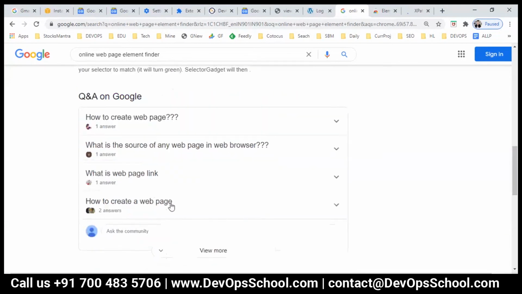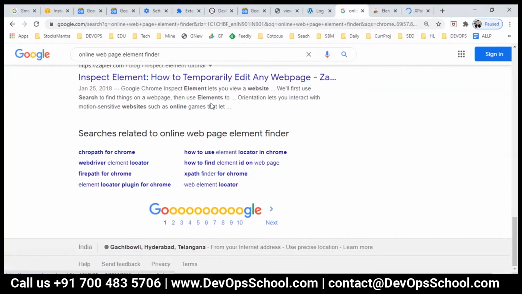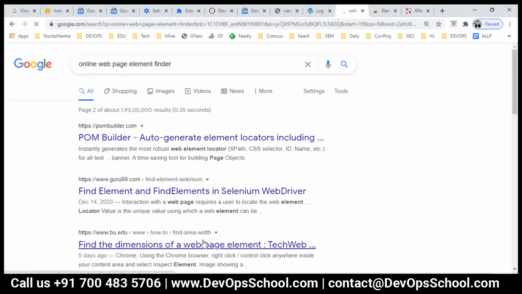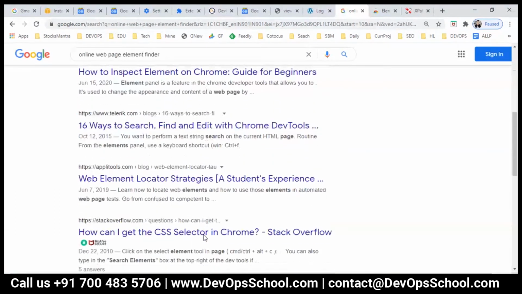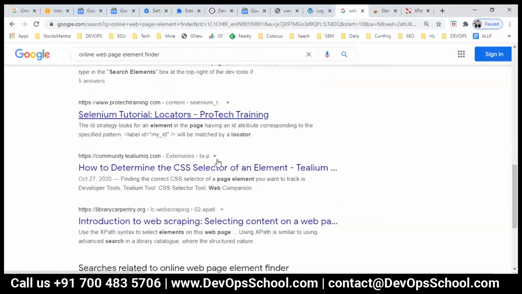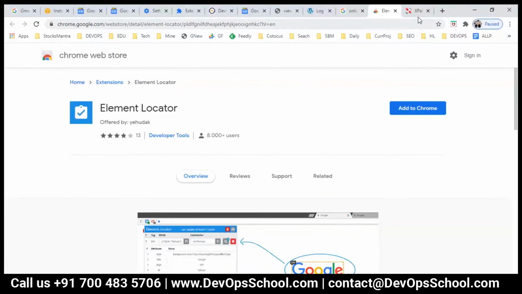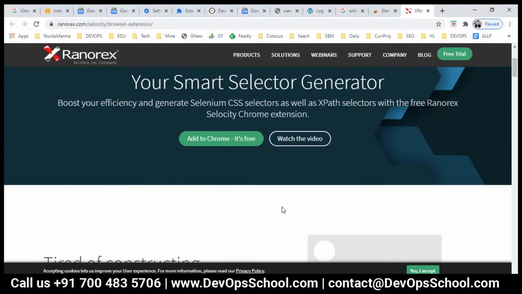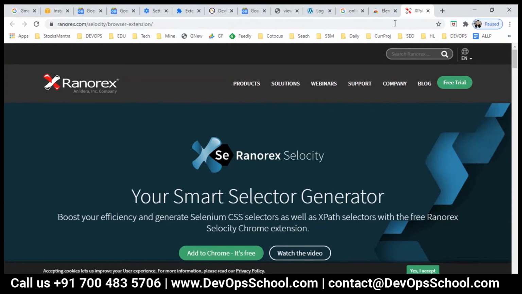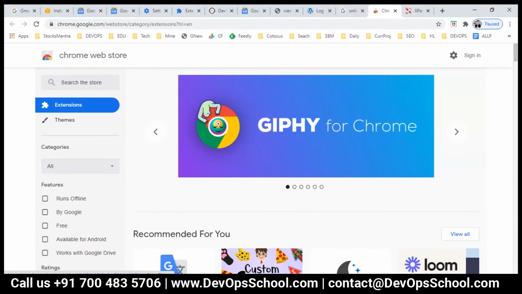And the Selector Gadget is one very popular one. I'm trying to find it. OK, I'm not able to locate it. Yeah, using this you can find the element here. Many tools are there for this. Chrome has an inbuilt element locator, so that's not a problem.